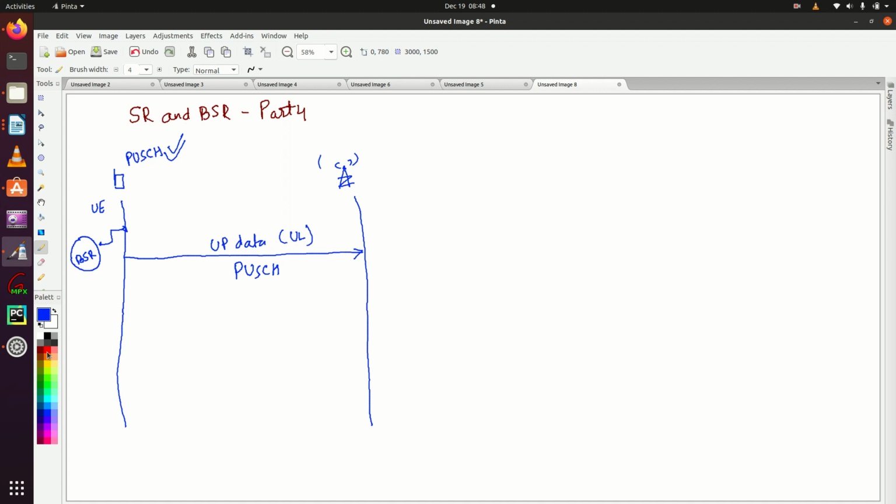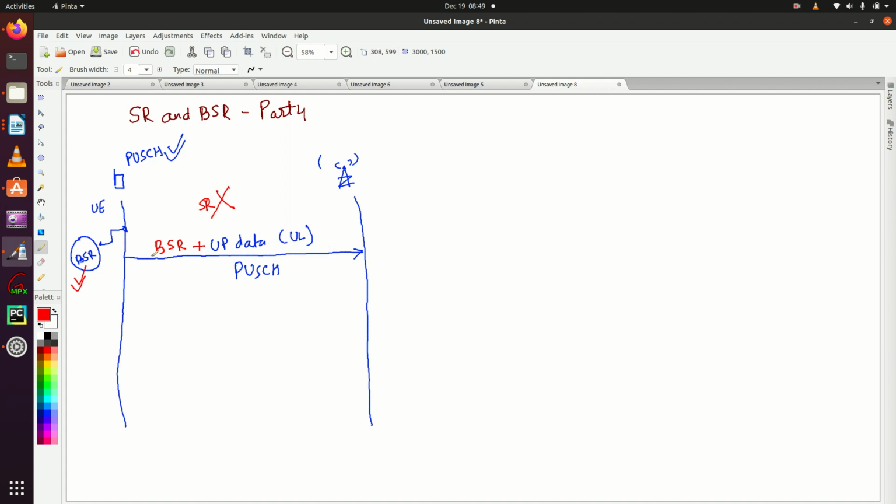But as I told you, a buffer status report has been triggered. So along with user plane data, the UE will also include the buffer status report. Here the UE doesn't need to send SR requests.